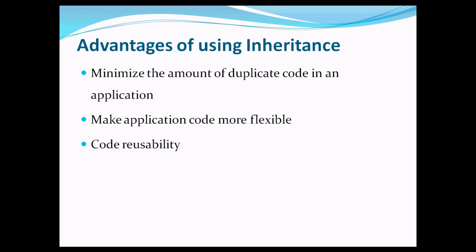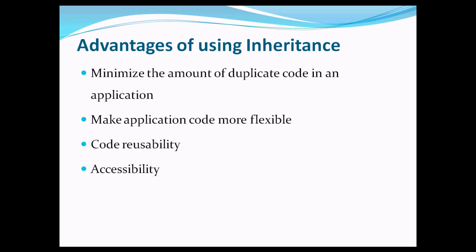Code reusability: the same base class could be used by many child classes, each adding their specific properties. Inheritance allows a subclass implementation to be defined in terms of the parent class. Hence, it allows code reuse and is often known as white box reuse. Well, now we look into the fourth point.